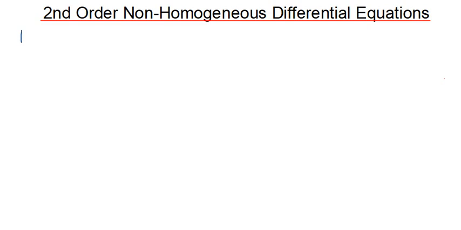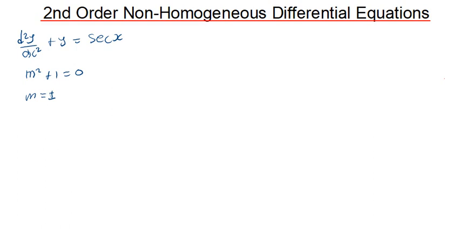So let's say we are given d2y/dx2 plus y is equal to sec x. Remember, the first thing that we do is solve the differential equation that you have. So from the auxiliary equation, m squared plus 1 is equal to 0. Meaning our m is equal to